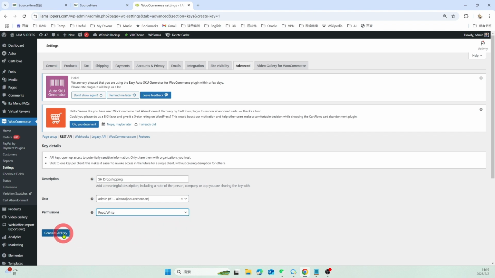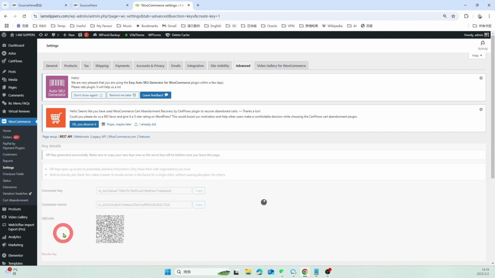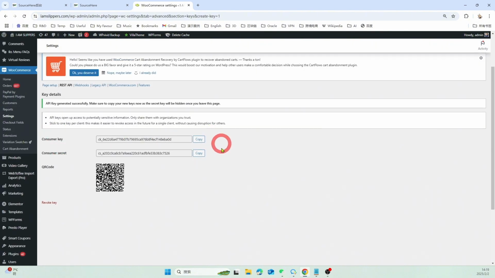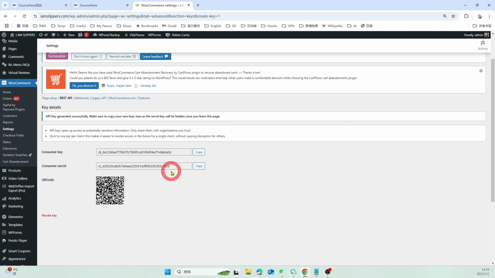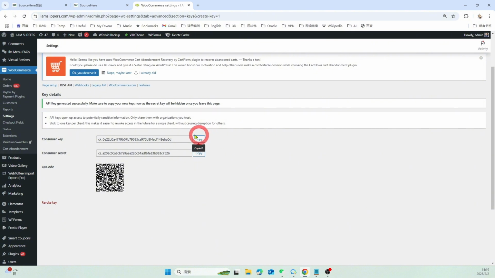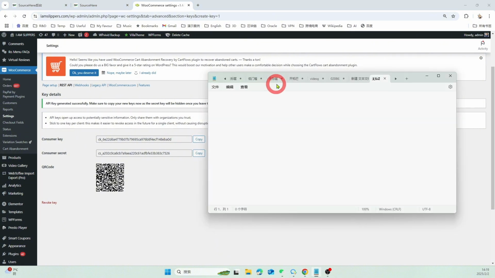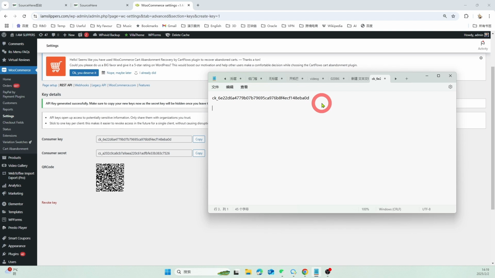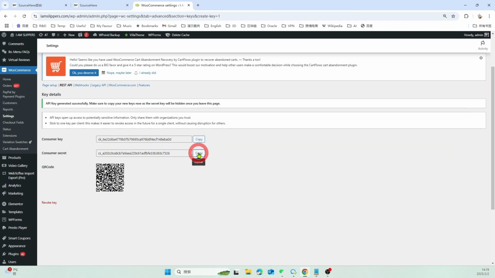And the key here, we're going to save it because it's only going to show up once. Exit this screen, and it won't show up anymore. So let's copy it and write it down. Write it down, copy this key, and then we fill this in.